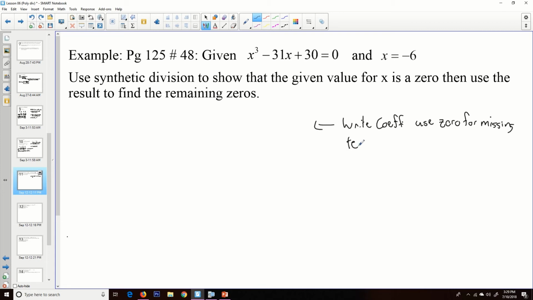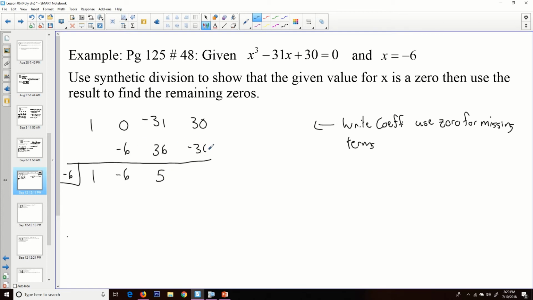S-I-N-G, terms, T-E-R-M-S. Okay, so I've got 1 for the x to the third, I've got a 0 for the x squared, I've got negative 31 for the x, and I have 30, and then we want to show that this thing is a 0, okay? So since this is a 0, we're using that value right there. So I bring down my 1, 1 times negative 6 is negative 6, I add 0, I get negative 6, negative 6 times negative 6 is positive 36, plus the negative 31 leaves me with 5, 5 times negative 6 is negative 30, that gives me a 0, and now since I have 0 there,